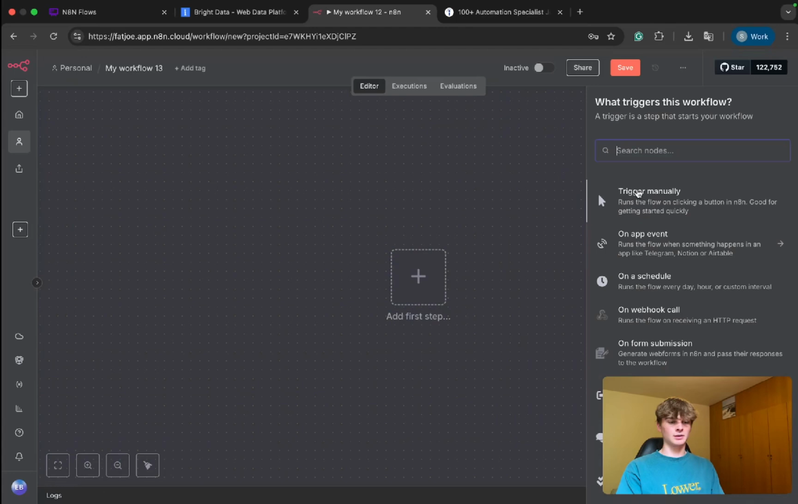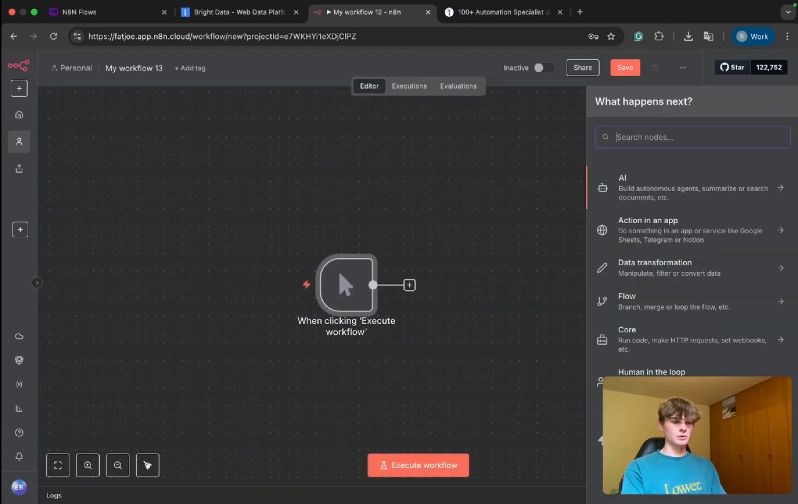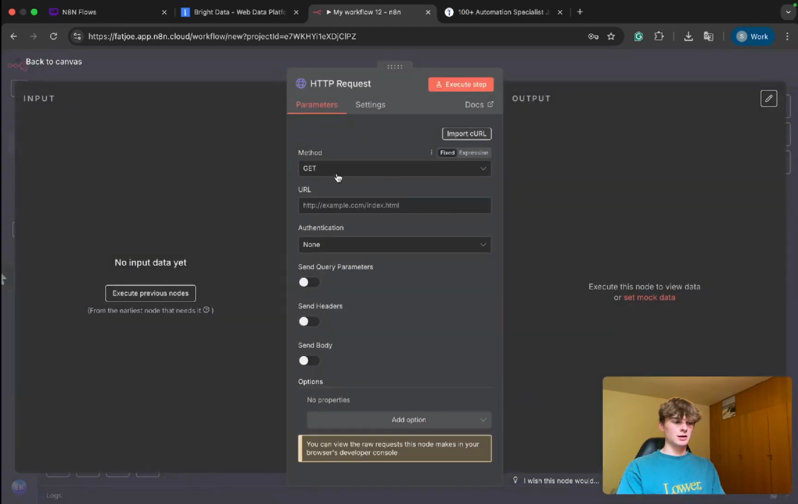If we go here, we're going to trigger manually. Click the plus icon. I'm going to do HTTP request. Then it's going to be a POST method. I know this because we are performing an action within BrightData. We're going to request